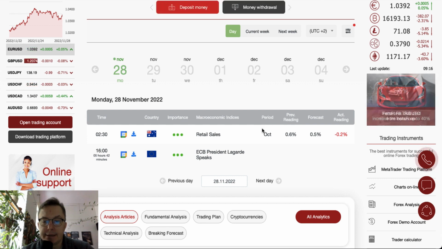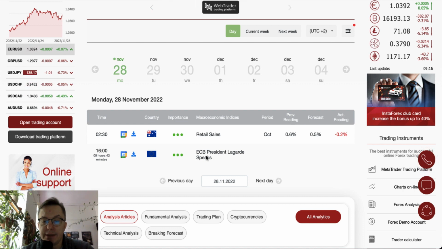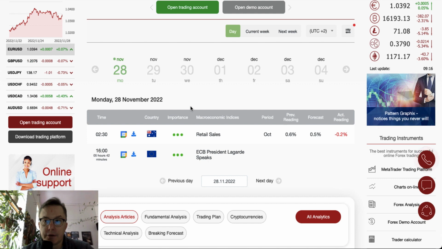And that's it. During the London and New York session, there aren't many important data releases. We got only one speech from the ECB President Christine Lagarde. This speech will be delivered at 4 p.m. No more very important events on Monday. So let's switch to the technical part and do the analysis of the majors at the beginning of the new trading week.